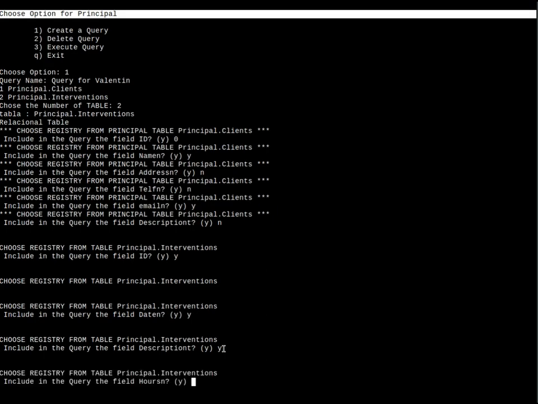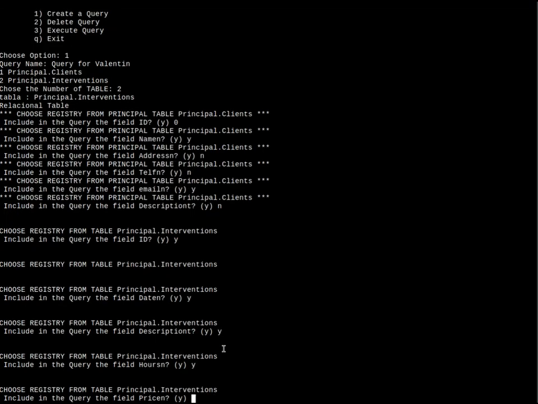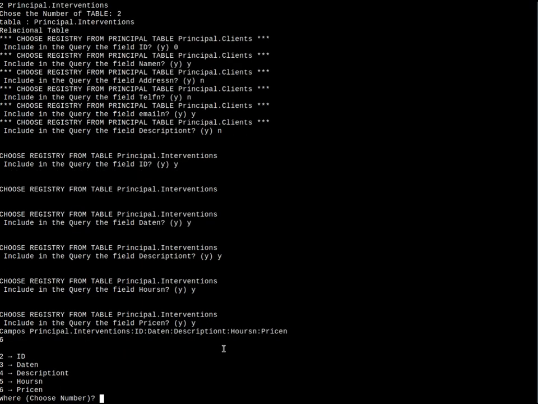Include the query hours, yes. Include the query field price. Okay, and now when you finish selecting the fields you want,